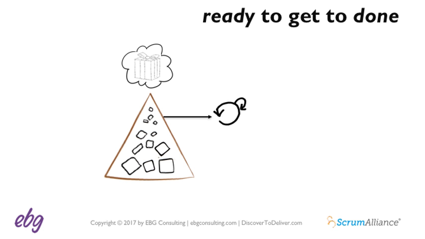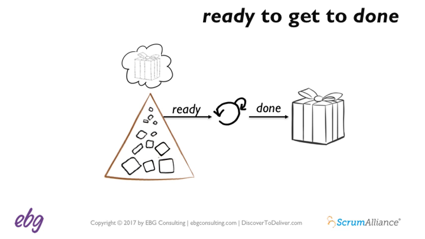Now, we want to pull stories into a sprint so that they'll smoothly flow inside that sprint, and that they will be fully and completely done at the end of the sprint. So these items are the ones that are ready to be pulled into the sprint. They've been refined, and those refined and ready stories are the valuable ones. They've been analyzed, detailed, estimated. They meet, in addition to other criteria, Bill Wake's INVEST criteria that I'm sure many of you listening are familiar with: independent, negotiable, valuable, estimatable, small enough, testable, invest. This enables the team to get to done.